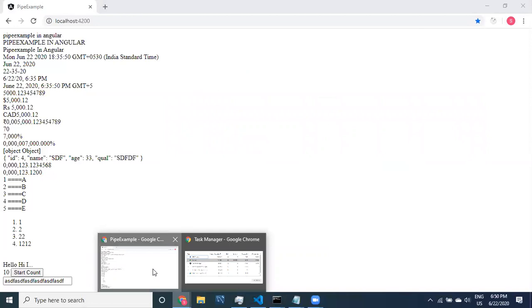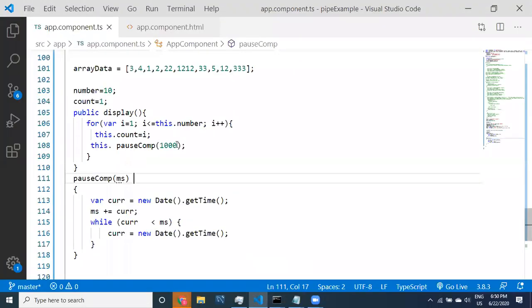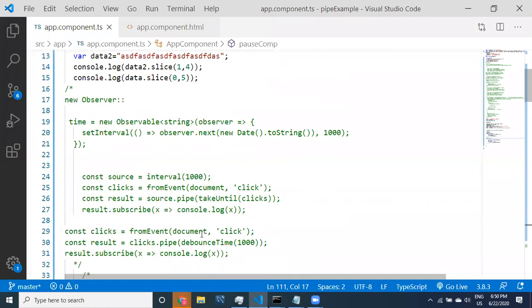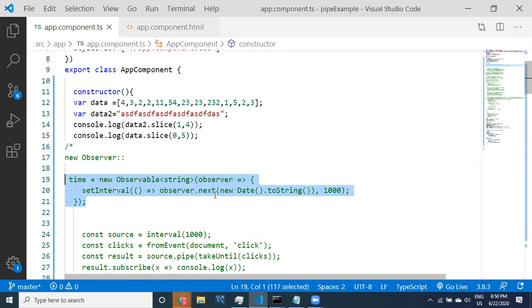First of all, you should know what is blocking and what is non-blocking. That is a very good thing. If you understand it, it is very easy to implement. Let us come here. I will show you one particular example of how to work with this. It's just an example, you don't need to worry about it.